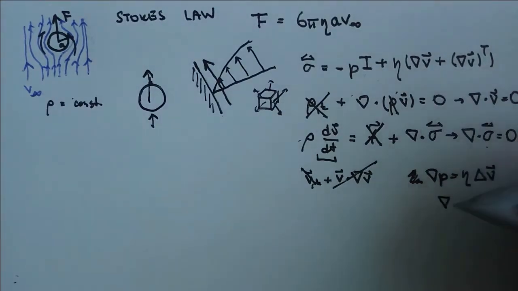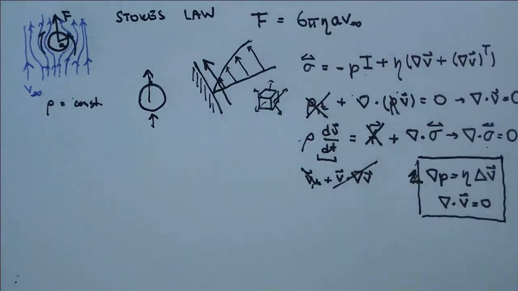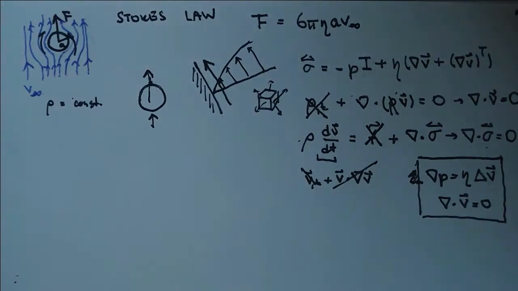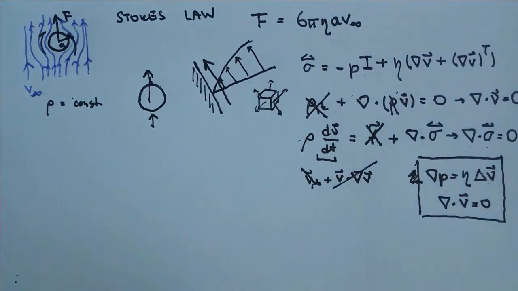So also the next equation we have already considered is that the divergence of V is 0. These two equations are the equations of Stokes flow, and we will solve them right now. Let me begin with a brief introduction to vector analysis, because we will be dealing with curved coordinates, two of which are spherical